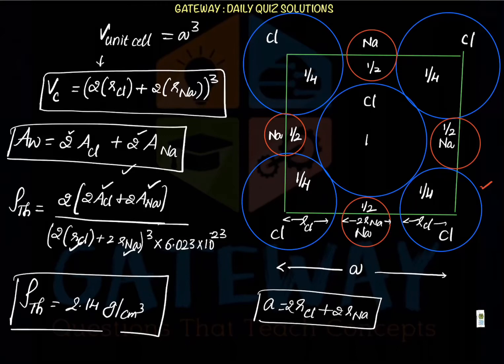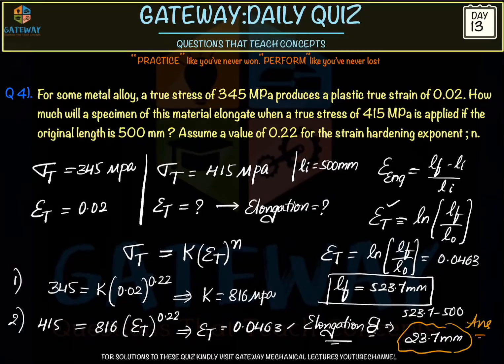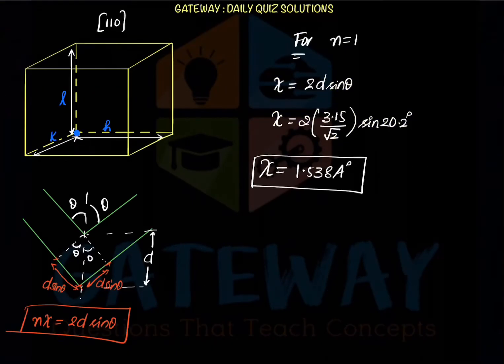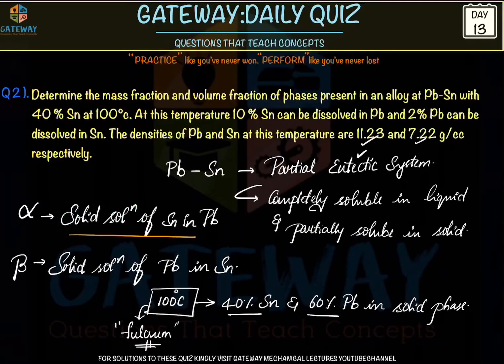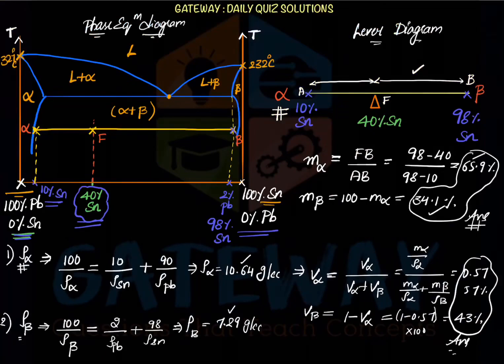You can practice 1 or 2 questions on this theoretical density calculation. These are the possible numerical questions on GATE from material science. We have discussed almost in-depth level of these possible questions in material science. Generally, material science is a completely theoretical subject. So you should be very strong theoretically and conceptually to solve these types of questions. And these phase diagram questions will be very interesting. Once you understand the concept, you can solve it in less than a minute, by just drawing the lever diagram.